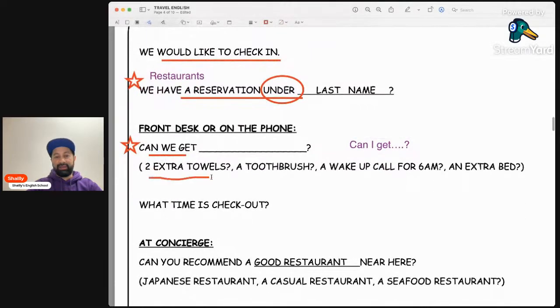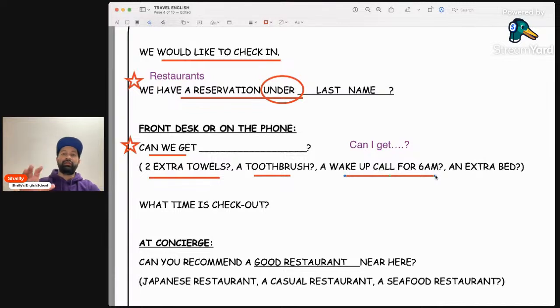Can we get 2 extra towels? So that means I have towels, but I want 2 more. Can we get a toothbrush? I like this one. Please remember this one.